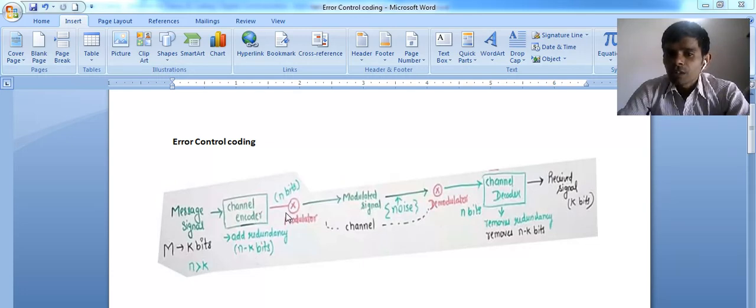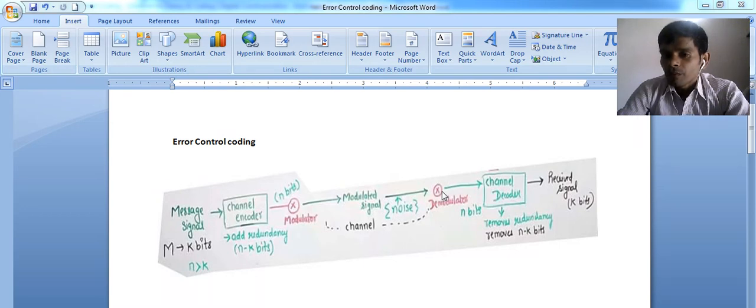After that we use the modulator. In between the modulator and the demodulator, noise can be added, or you can say noise is present in your message. So after the modulator, noise is added to your message, but after the demodulator, noise is removed from your message.